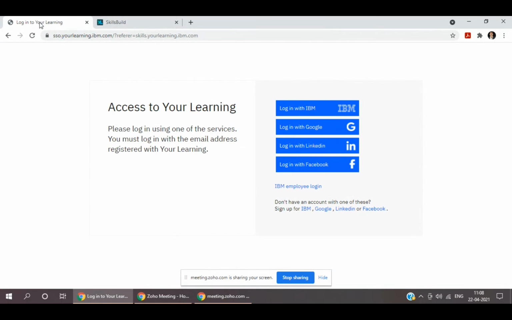In this session, I'll be explaining to you about the IBM SkillsBuild learning portal, how to navigate and how to set up your profile, and some of the basic features that we should be aware of as we are doing